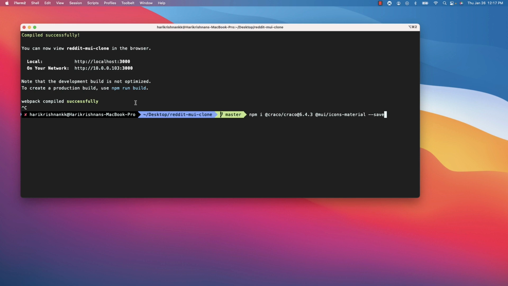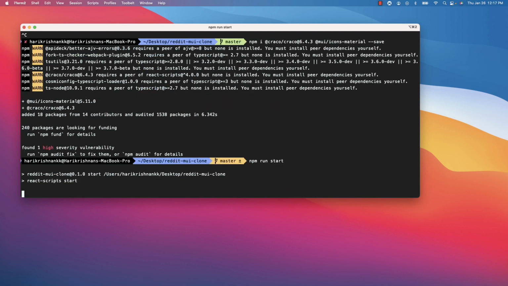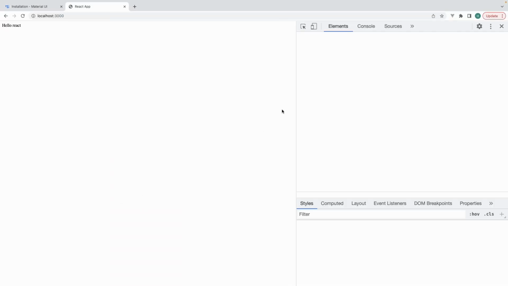Let's install two more packages. One, the craco config, and two, the material icons for React. So let's do both using npm install @craco/craco at 6.4.3 and @mui/icons-material --save. So once these two packages are installed, that would be enough for all packages in this project. Let's do npm run start once again and make sure that the application is working and there is no errors